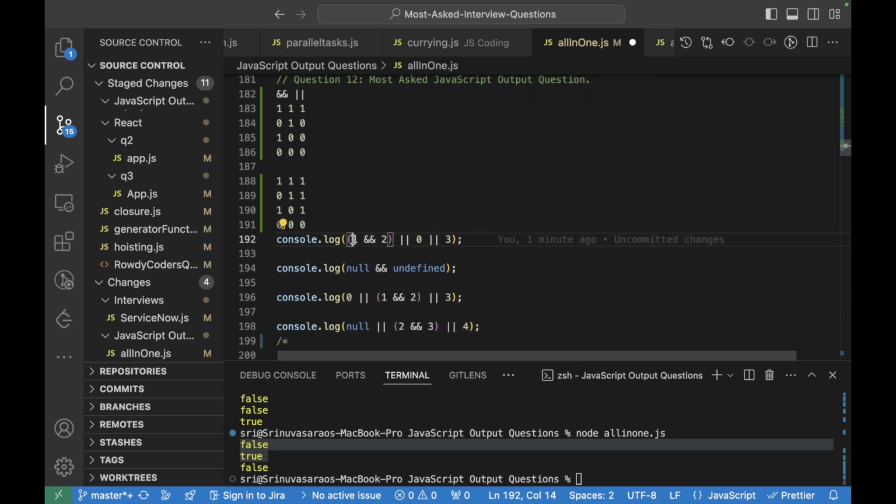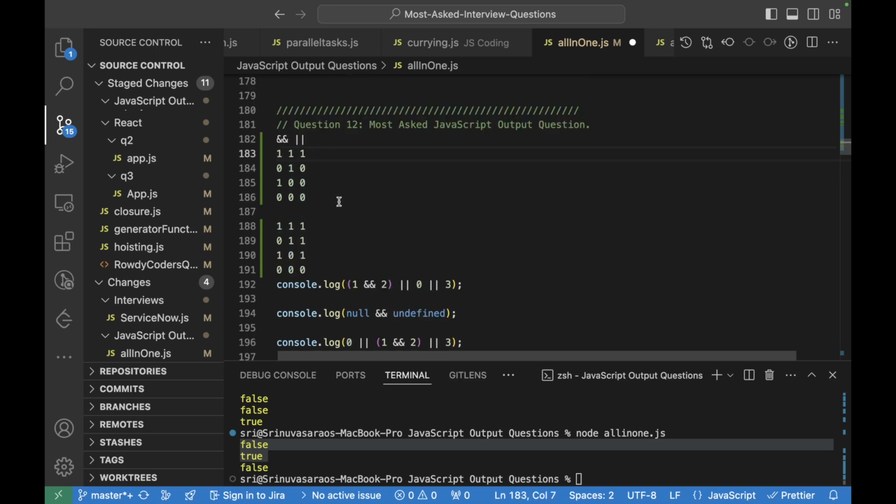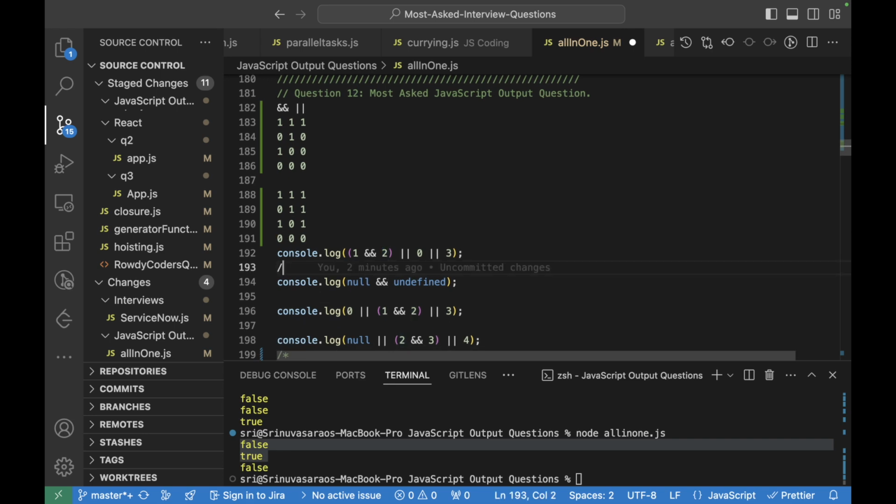So here 1 and 2 both are trues, so it will be true. And while picking, it will pick the last one here. So 2 will be picked, and 2 is compared with 3 here.